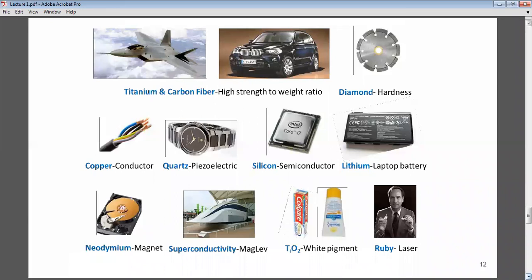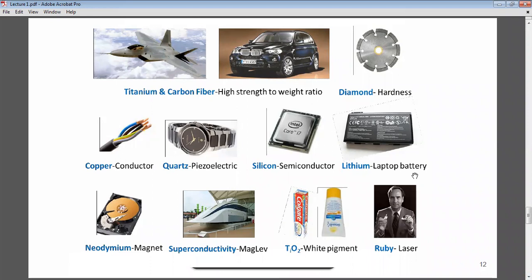Other single crystals that are also found, these are like diamond. It is very well used because of its hardness. Lithium, these are used a lot in batteries. I don't know if you hear now about solar